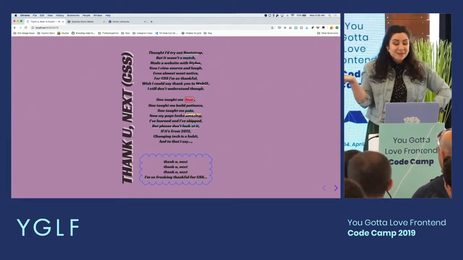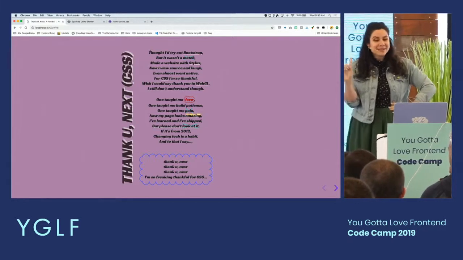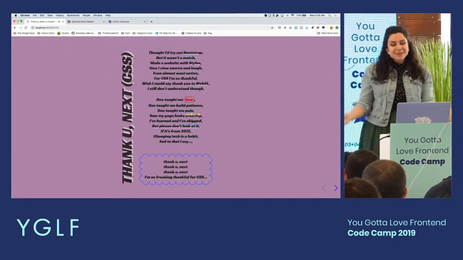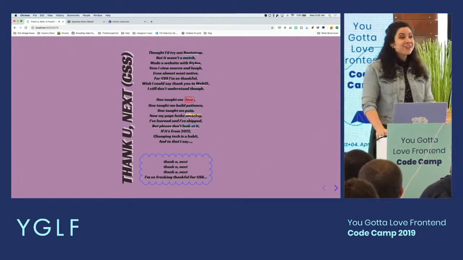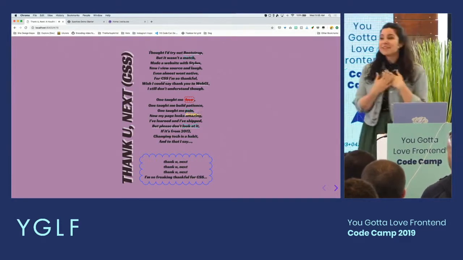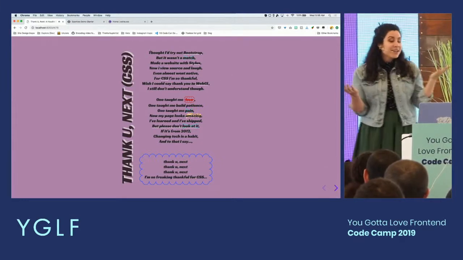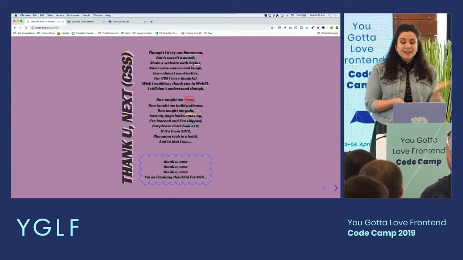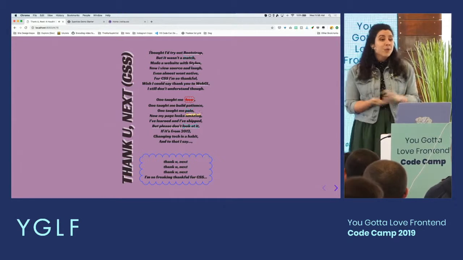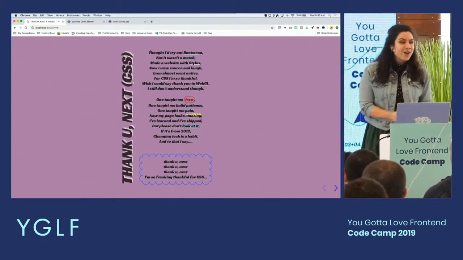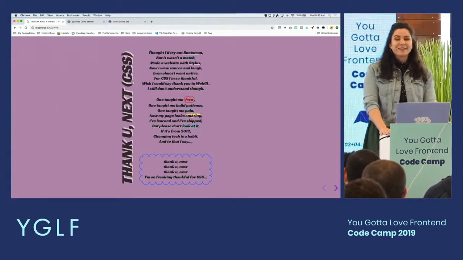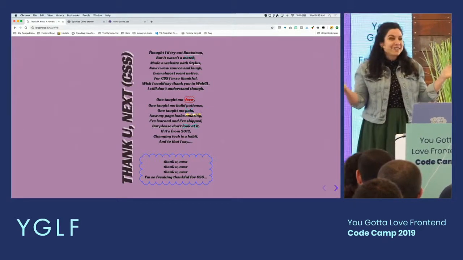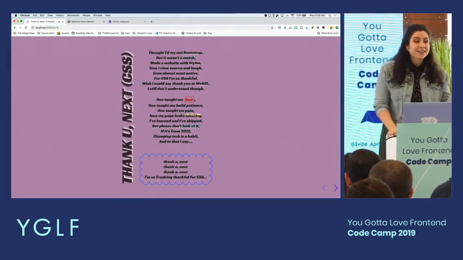I thought I'd try out Bootstrap, but it wasn't a match. Made a website with Stylus. Now I've used Sass and LESS. Even almost went native. For CSS I'm so thankful. Wish I could say thank you to WebGL. I still don't understand though. One taught me love. One taught me patience. One taught me pain. Now my page looks amazing. I've learned and I've shipped, but